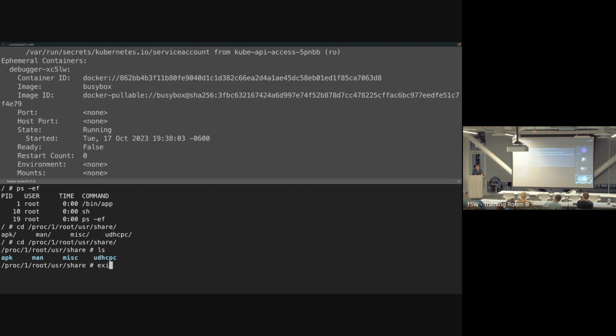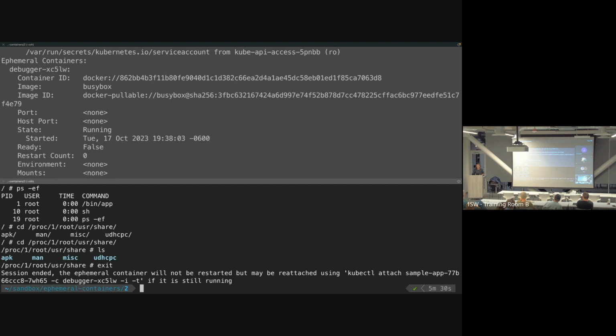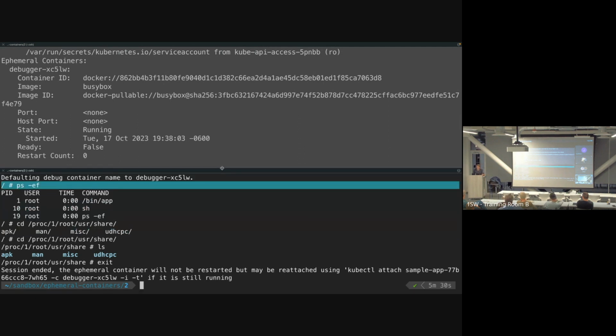All right, so once I exit this, what's interesting is if there's still a running process, then I could do an attach to it. In this case, again, if I go up here and do the